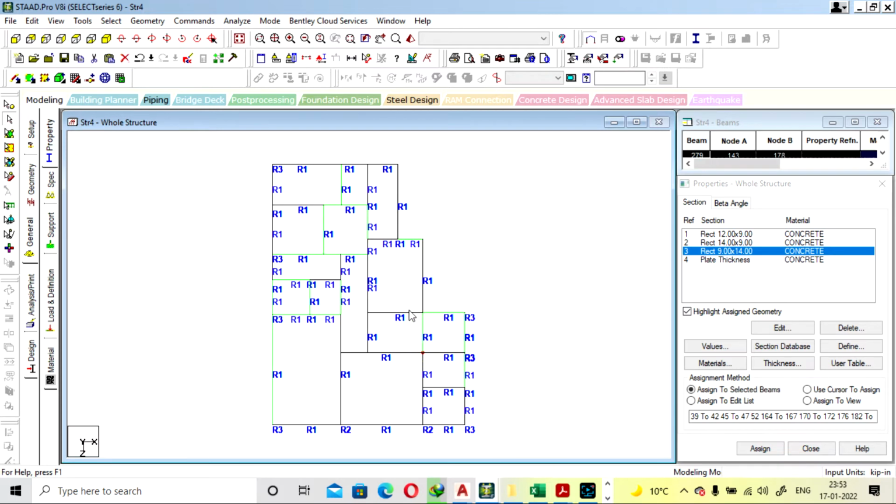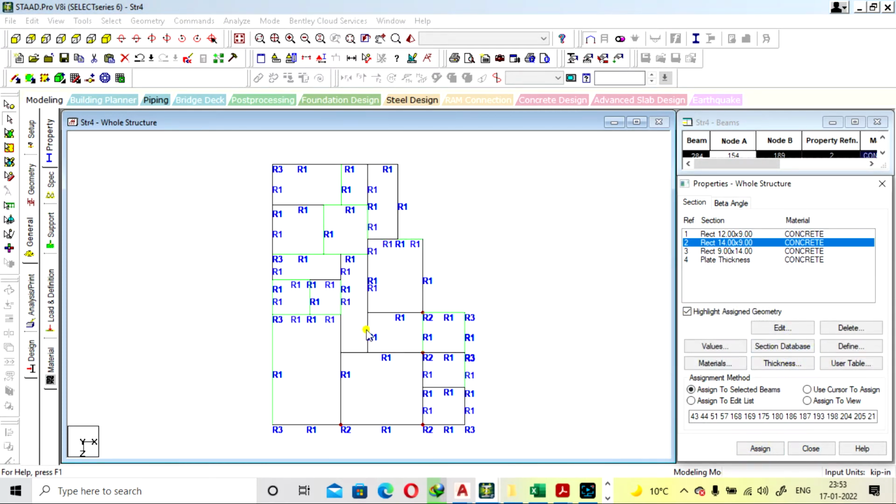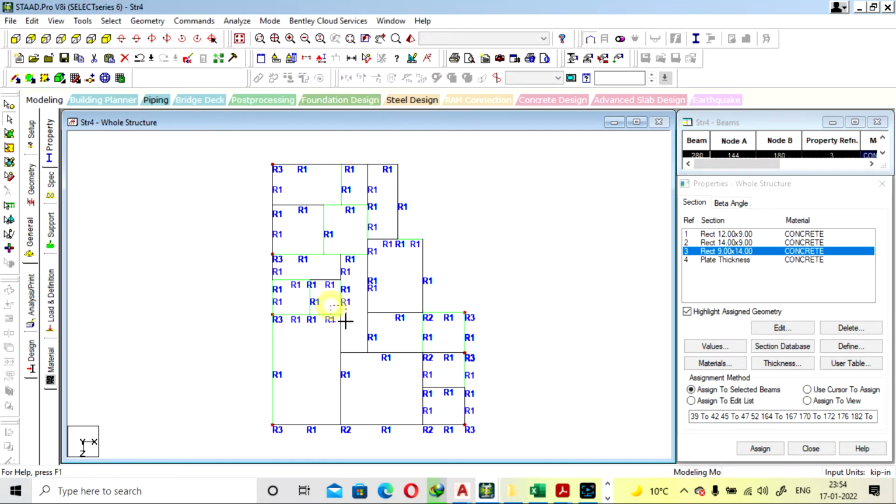This will be selected as R2. Here and here you have to provide the columns. Assign to selected, assigned. Similarly here we have made the column positions.